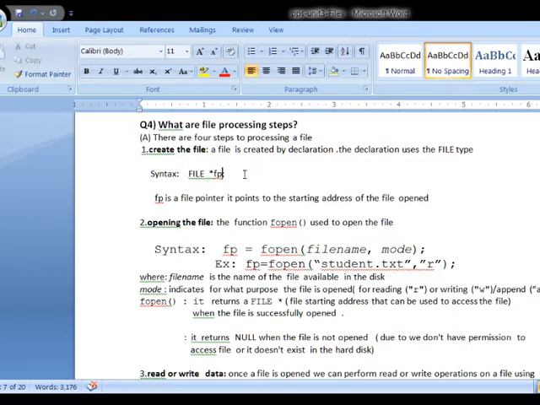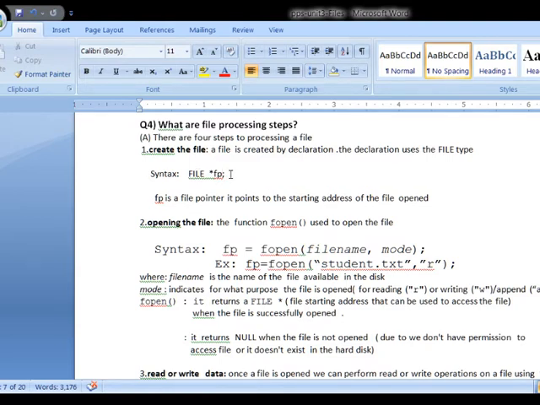Creating the file is nothing but creating a file pointer. The file pointer is of type FILE.